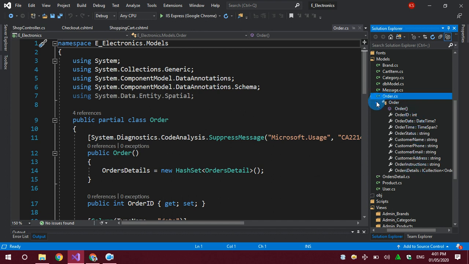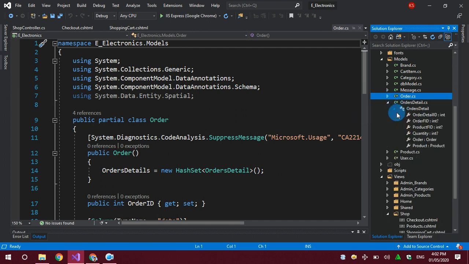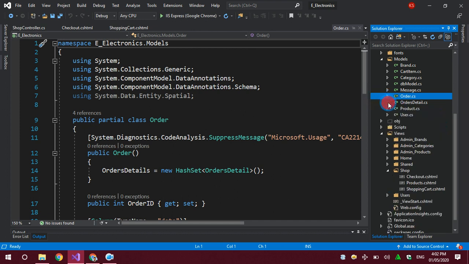In every order there will be many products, so this is a simple master-child relationship. To save our child items, I have a child table here. Order detail has: order detail id, order fid, product fid, quantity. So I have to save this data in two tables.